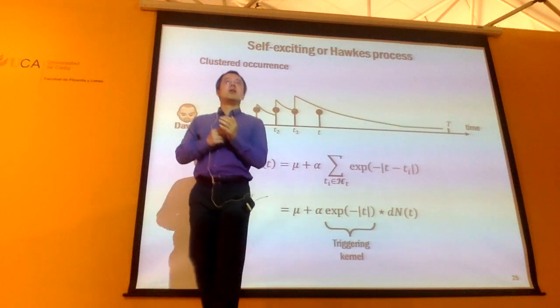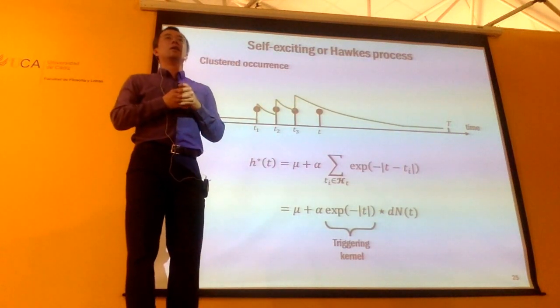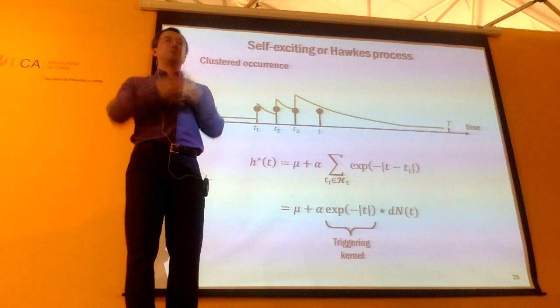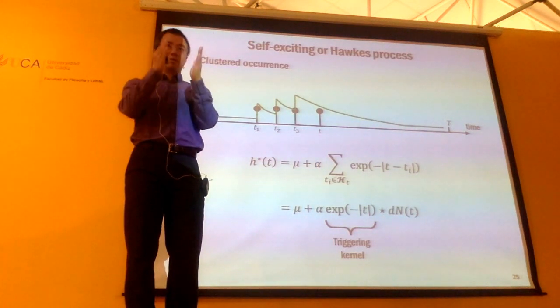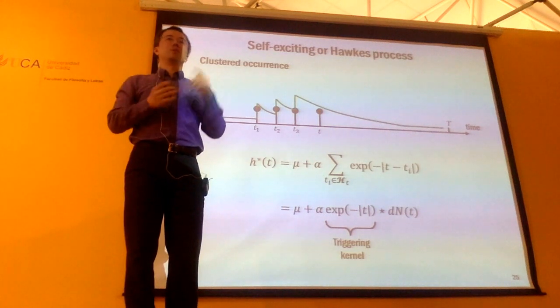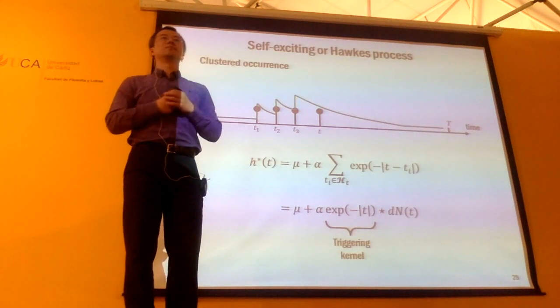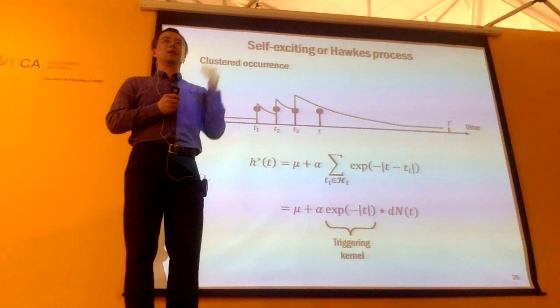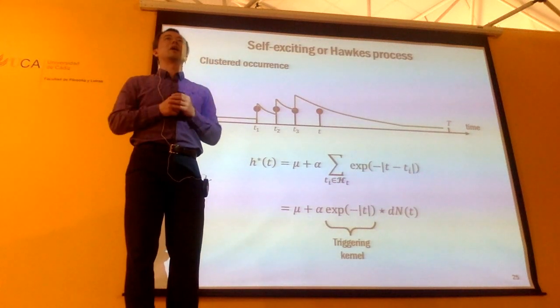Is it still feasible if only the last event is exciting? No. It's really the recent past history. If you have lots of recent past history, then when you sum them together, it's very, very large. If you only have one event, it's not large enough. It has effects, but it's a cumulative effect of the entire history.